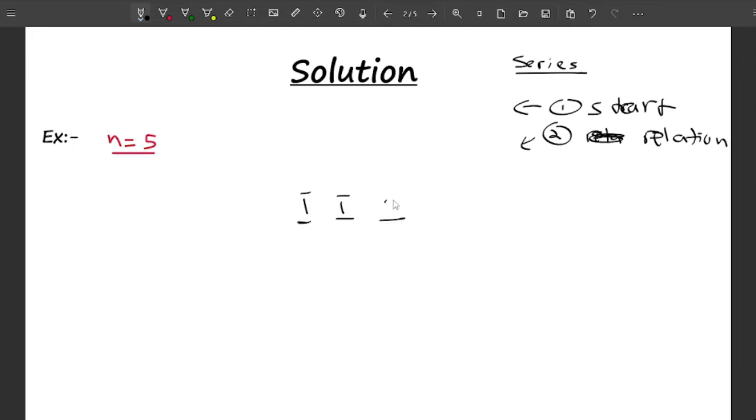So I have 1 plus 1, which is 2. Then the next number will be again the sum of the previous two numbers. So this is 2 plus 1, which is 3. Then the next number is again the sum of the previous two numbers, which is 3 and 2, which is 5, right? So guys, this is how I can find the first 5 Fibonacci numbers. But see, now I want you to observe something here. First of all, guys, let me write the relation here. So sum of